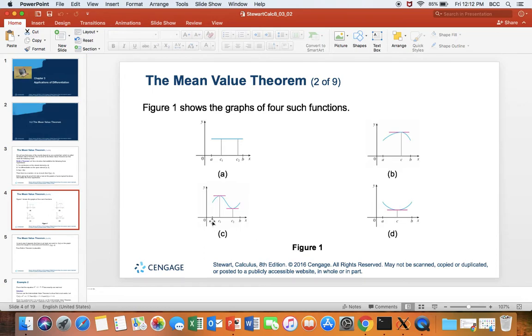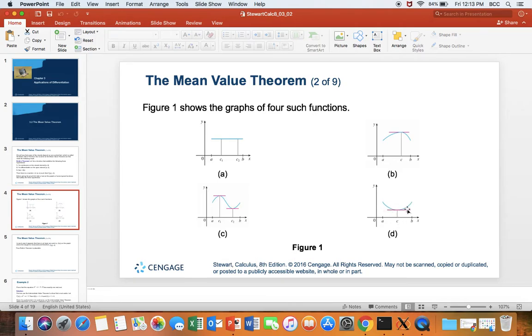So here is another example, example C. At a, you have a certain height. Turns out you have to have the same height at b. Now your curve went up for a little while, then went down for a little while, and then came up to b. So it turns out you have 2 numbers for which the tangent is horizontal, or the slope is 0. Okay. And the last example, at a you have this height, at b you have the same height. Instead of going up, you're going down. But because you have to have the same height, you have to turn around. So notice you get exactly one number